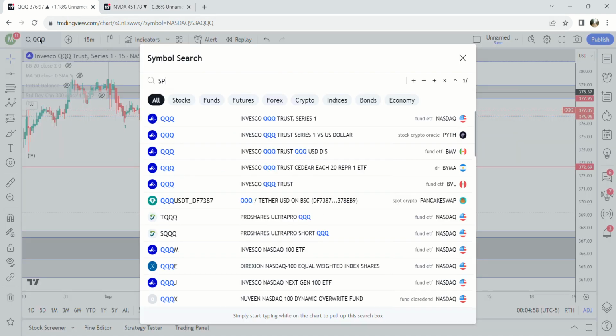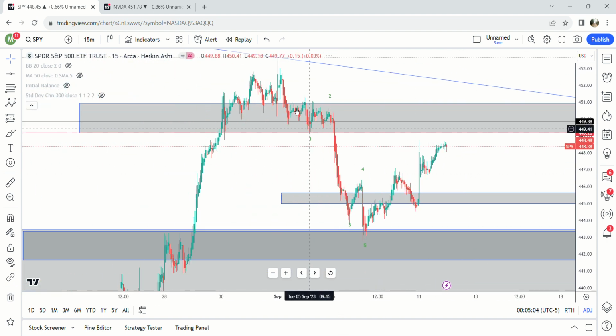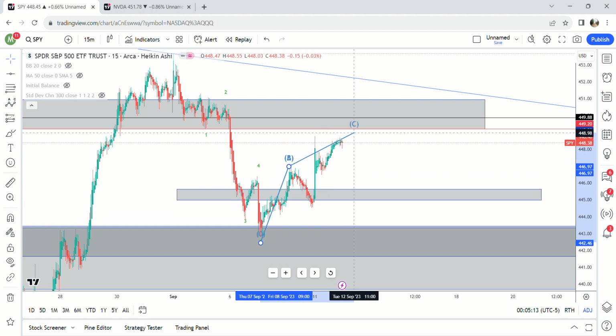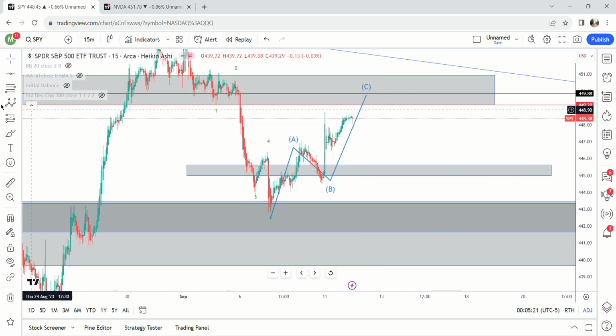Let's go over SPY. SPY is the same thing, so I don't really need to go over that much. We got 5 waves here. We have potentially A, B, C right here, gap fill up above, target 449.88, or again, this could be,